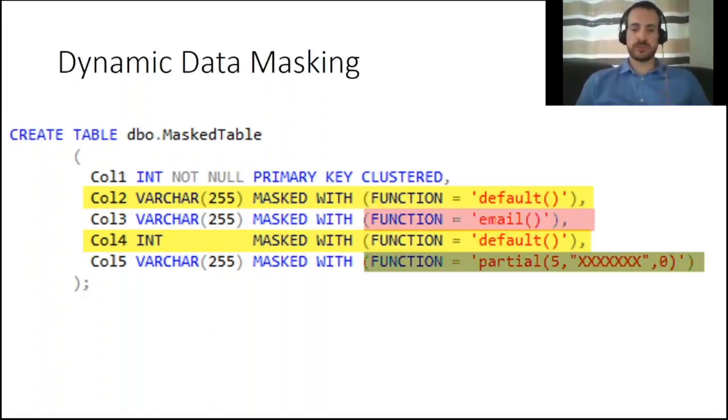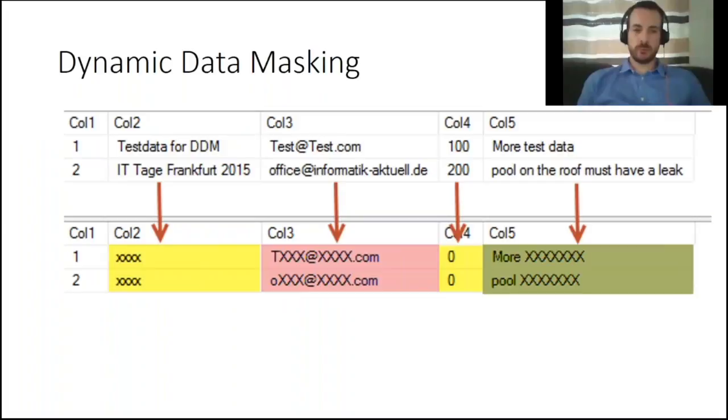In this example, we're saying skip the first 5 characters in this column visible, and then cover the rest with X's. And basically what happens with that is, taking the data in the top part of this picture, we've got 2 rows of data, and the data is completely normal inside the table.